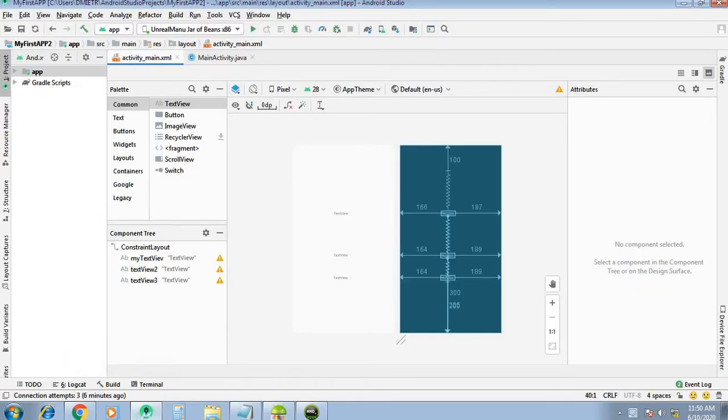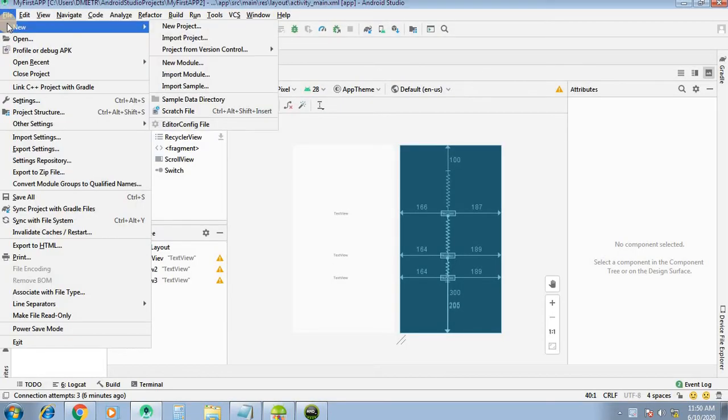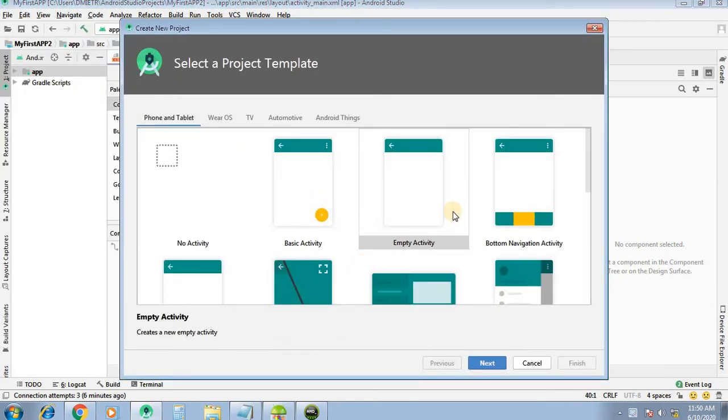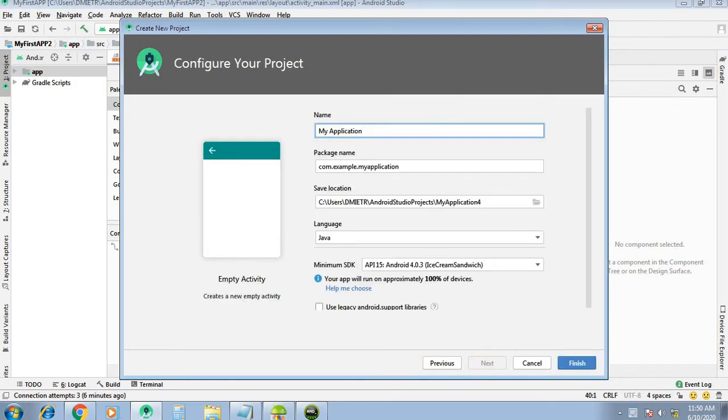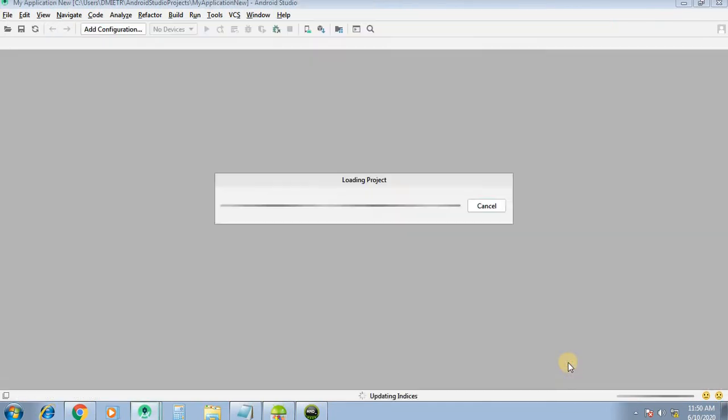You just go to Android Studio, File, New, and from New create a new project. Select an empty activity, click next. Here my application is named new, so whatever name you want to give, you can specify here. The language is Java. Minimum API level we are setting to 15 and click on finish. When you click on finish, it will create a new project in which we will understand the text view.